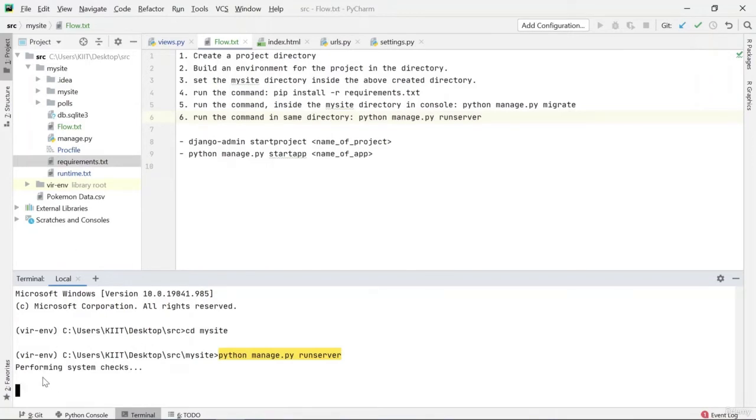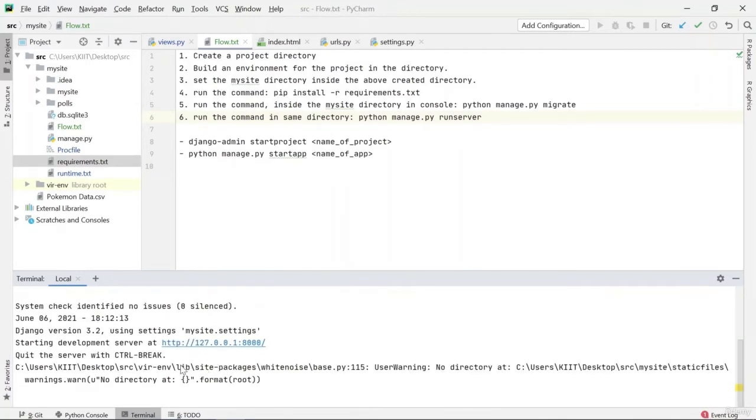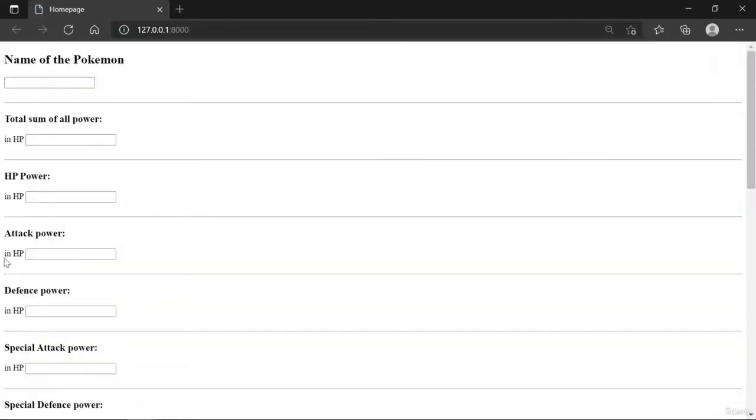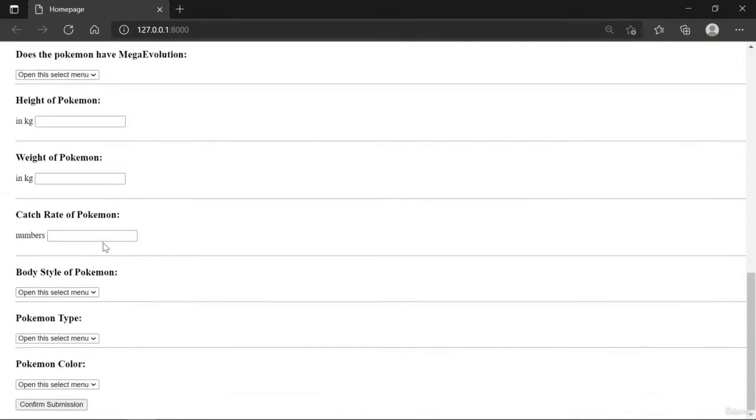You can see that it's performing system checks, and you can see that you have been given a URL here. Once you click on it, like I have, you can see that your page is rendered.